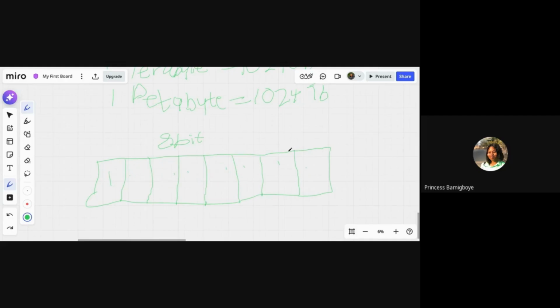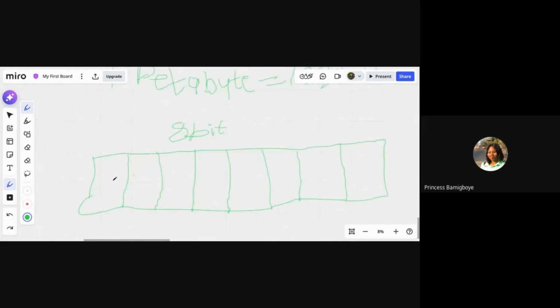As a computer system, you're not going to start from 1, because computer systems take into consideration certain numbers that we think do not matter. That is the reason why we have binary numbers, zeros and ones. So computers will always start counting from 0.